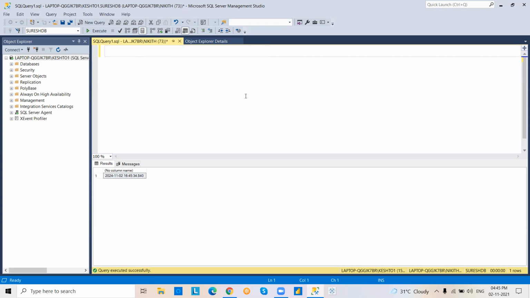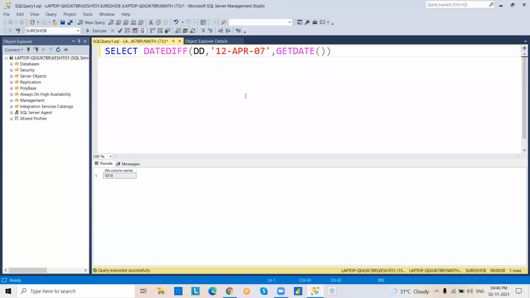Coming to next scenario. Date diff function. Actually, date diff function used to find out difference between dates in the form of days, months, year. DD comma. Suppose I'm giving some date here. Suppose 12th April 2007 comma. Get date. See this?